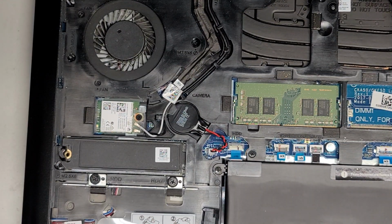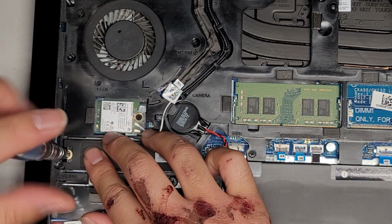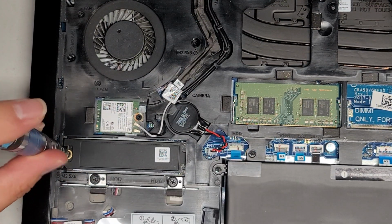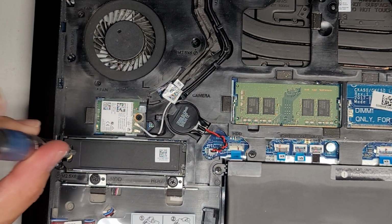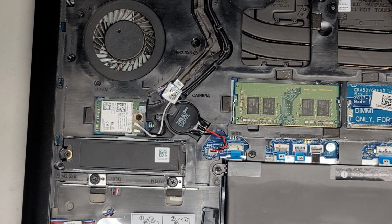Get the screw, and we'll tighten that back in. So their SSD was bad. Depending on your case, if you're upgrading the SSD, you can actually clone your SSD to a new one before replacing it. Or if you don't really care and you just want to do a clean install, then you can basically insert the SSD like this with nothing on it, and then do a clean install with a USB bootable